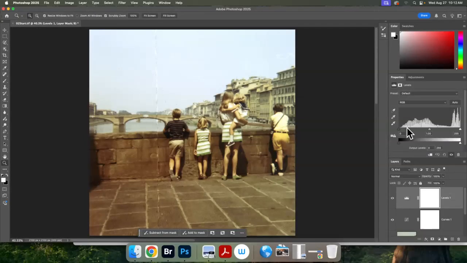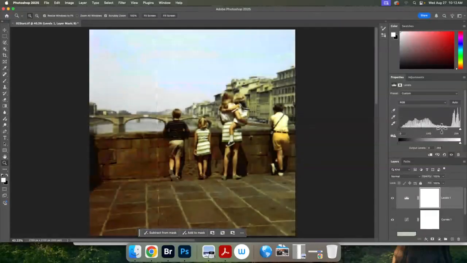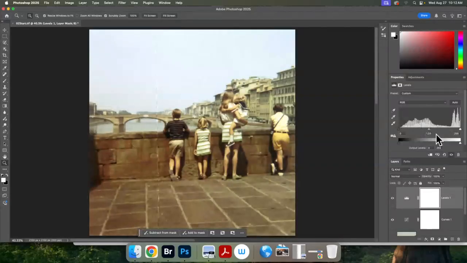Grab one and just move it. Grab the left one and move it in, and look at your photo, not the arrow. What is it doing? Move the middle one. What is it doing? No, these top arrows. There are three arrows, one, two, and three. Click on that. There you go. So you're adjusting the levels of the image. The middle one kind of neutralizes things. The white one, I think, takes out all the